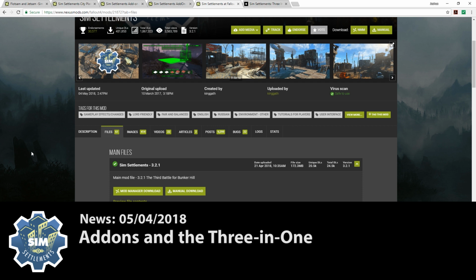main ESM. So for those of you who understand how the mods work, basically all that means is I was able to just flip a switch, just set a global to tell Sim Settlements that you actually have the other two ESPs, even if you don't, and you'll be able to transfer your existing saves over to this 3-in-1. Oh, I almost blew it already. You'll be able to use this 3-in-1 on your existing saves without having any issues. So basically, just download and install the 3-in-1, and then remove Sim Settlements and the expansions, and you're good to